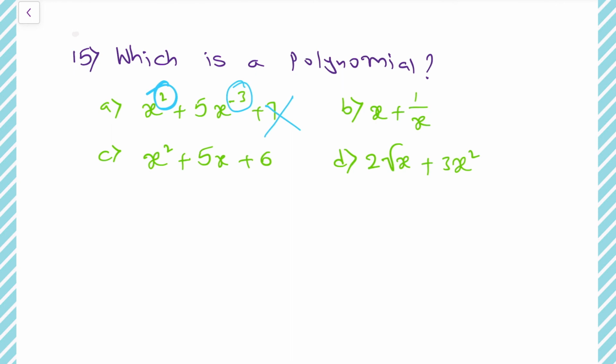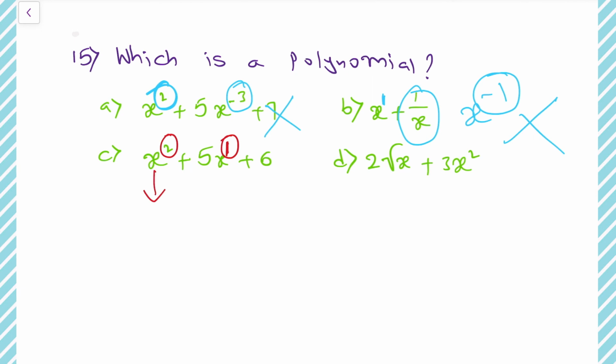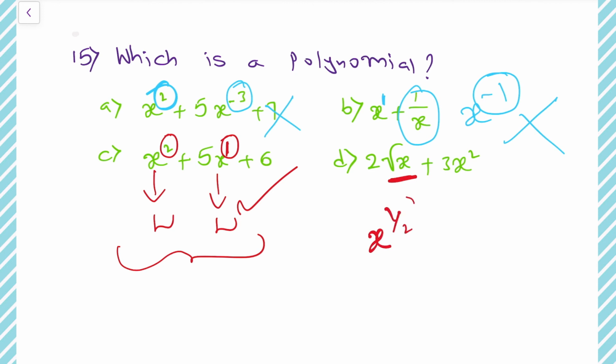Next, here x power not there means 1, so whole number. Again 1 by x is there, 1 by x can be written as x power minus 1. Here power minus 1 is not a whole number, so this is not a polynomial. Power 2, whole number. Here power is not there, so power 1, whole number. Power 2 is a whole number, power 1 is also a whole number, so both the powers of the alphabets are whole numbers, then this is a polynomial. Here for x root is there, so root means that is power 1 by 2. Root x can be written as x power 1 by 2. So here power 1 by 2 is not a whole number, so this is also not a polynomial.